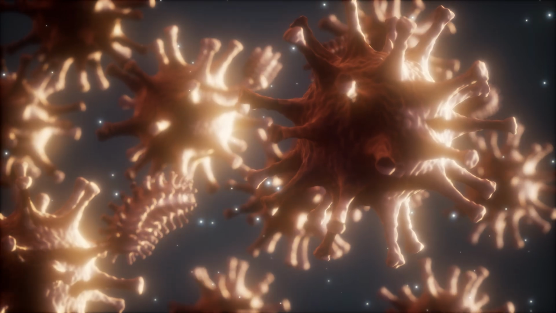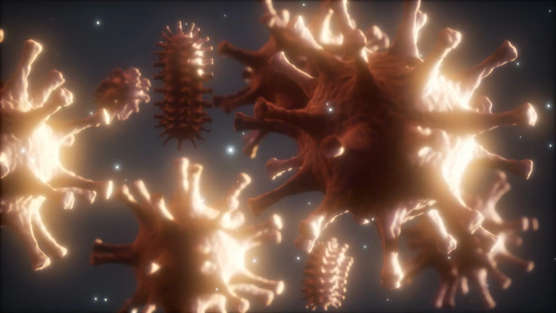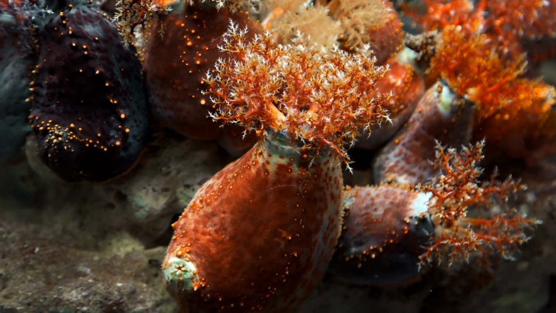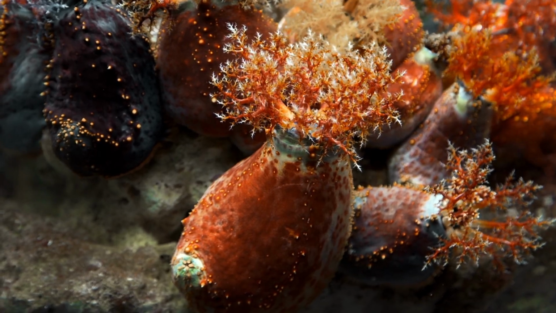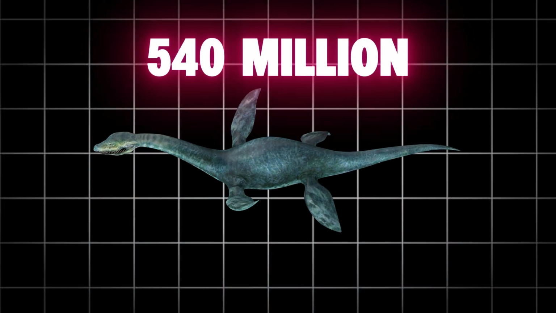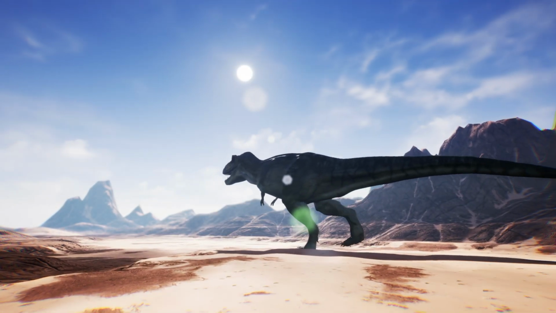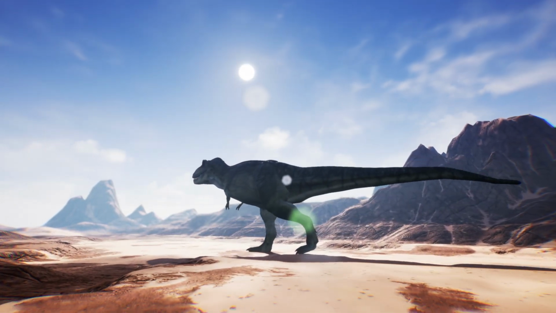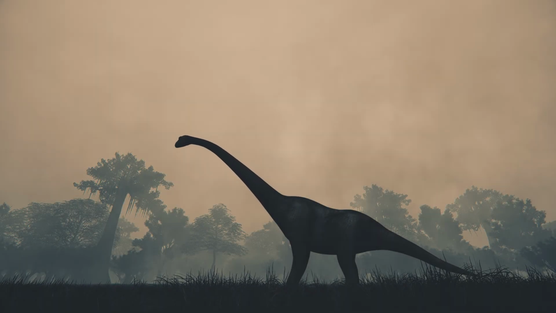As cells began to join together, the first multicellular organisms emerged. These life forms were capable of greater specialization and faster adaptation to their environment. Around 540 million years ago, the Cambrian explosion occurred. During this short period, an astonishing diversity of new life forms appeared, including the first animals that became the ancestors